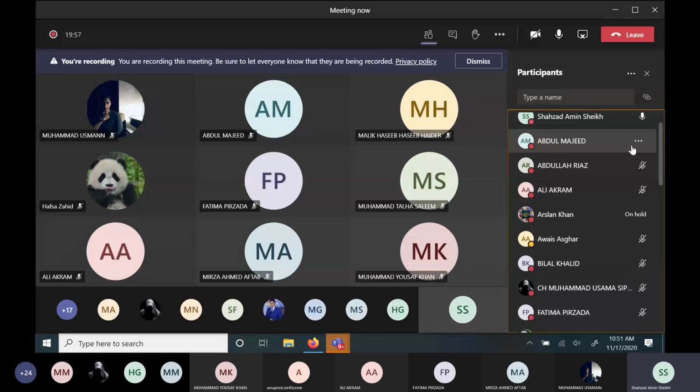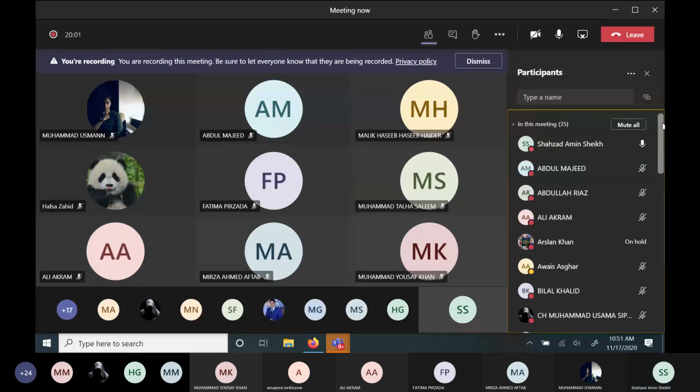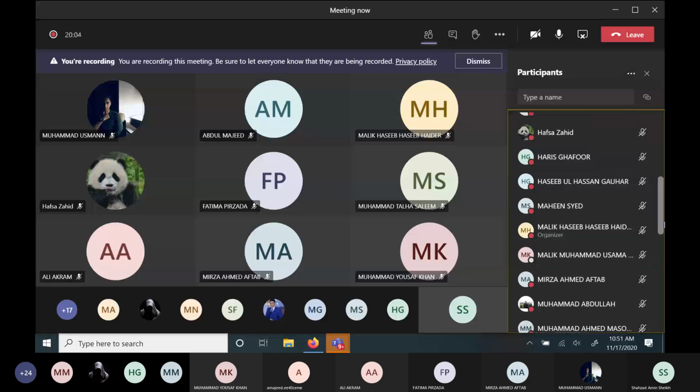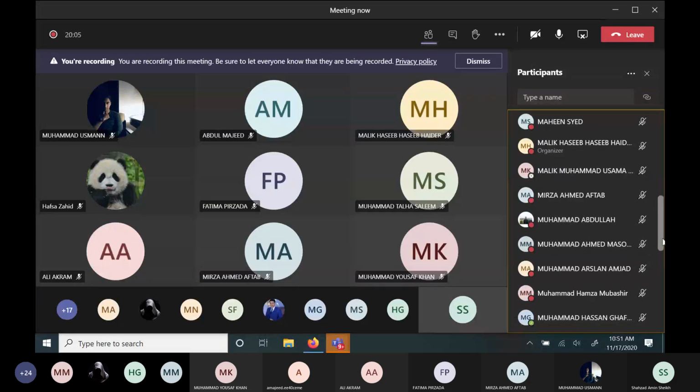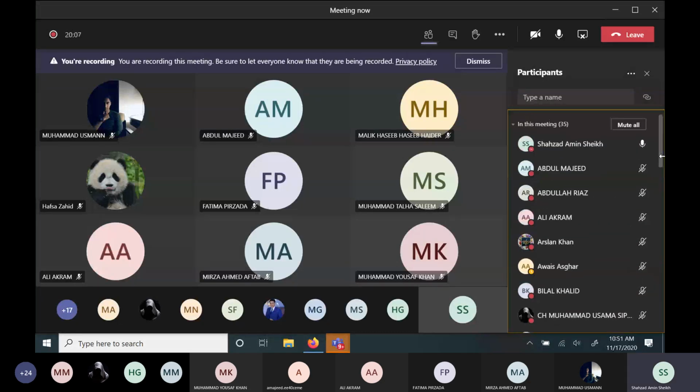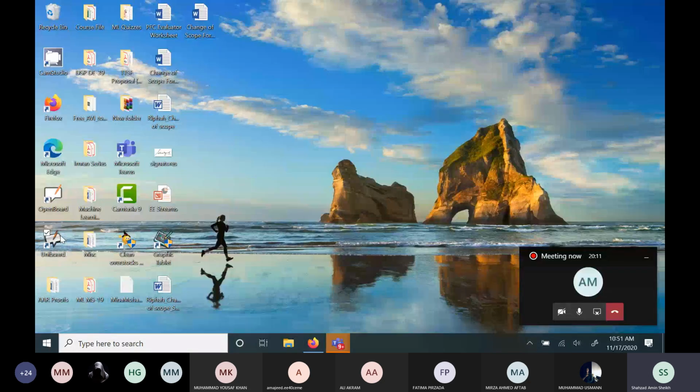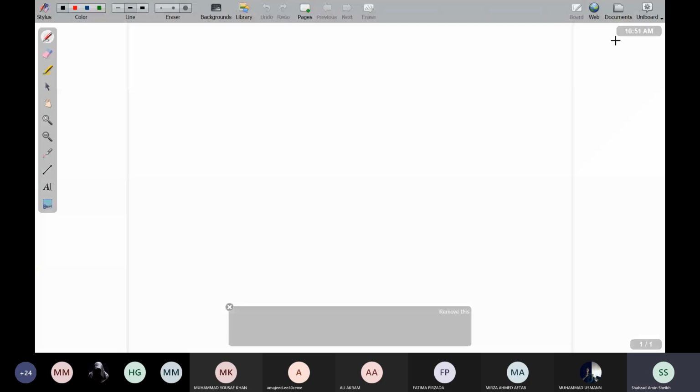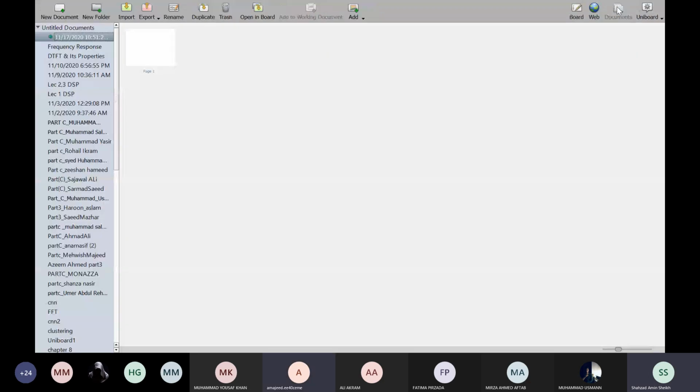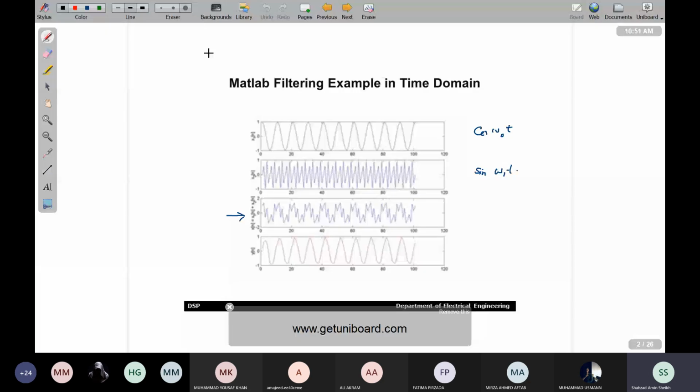बेटा तवज्जो के साथ सुना करें प्लीज। ओके, स्क्रीन शेयर हो रही है ना बेटा? स्क्रीन शेयर हो रही है? जी सर। यस सर।